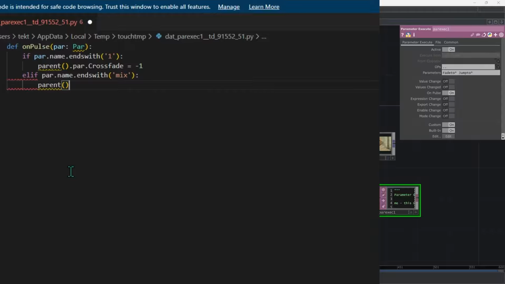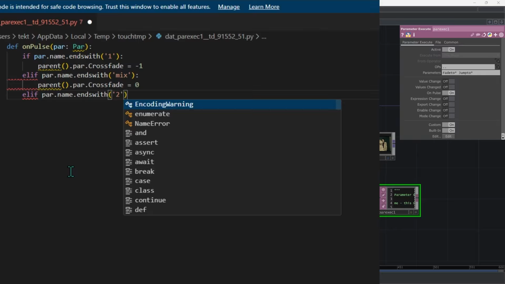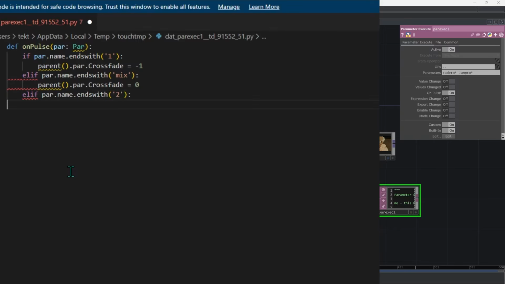I'm going to do parent.par.crossfade equals 0. And then we're going to do another one, unindent one level, do elif par.name.endswith, and then parentheses and quote, and 2, and then quote and parentheses, and colon, and then finally indented 2 layers, your